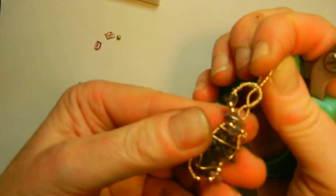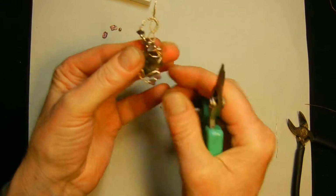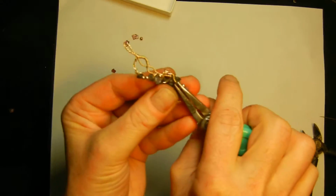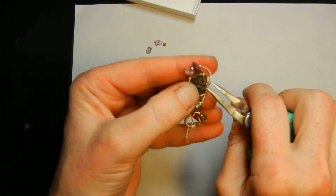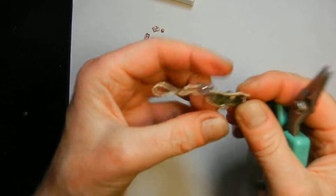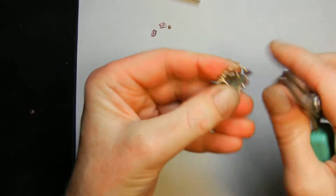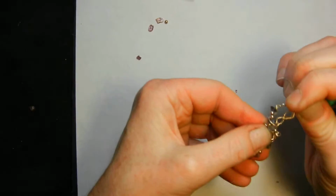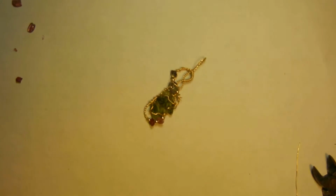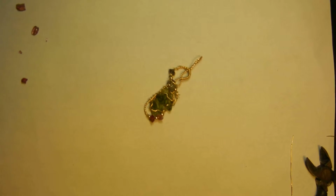Now all that remains with this piece is to tighten it up. So I'm going to crimp these flat parts just to lock the piece in place. Make sure that in no way can the stone pop out of the setting. And there we have moldavite with iolite and pink tourmaline and gold-filled wire, all designed to flow with the bigger